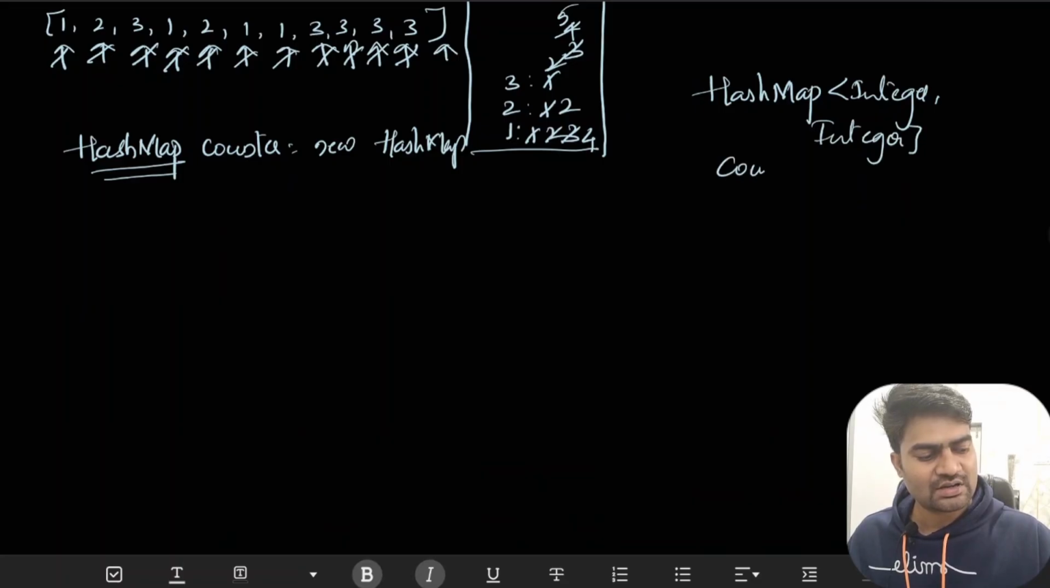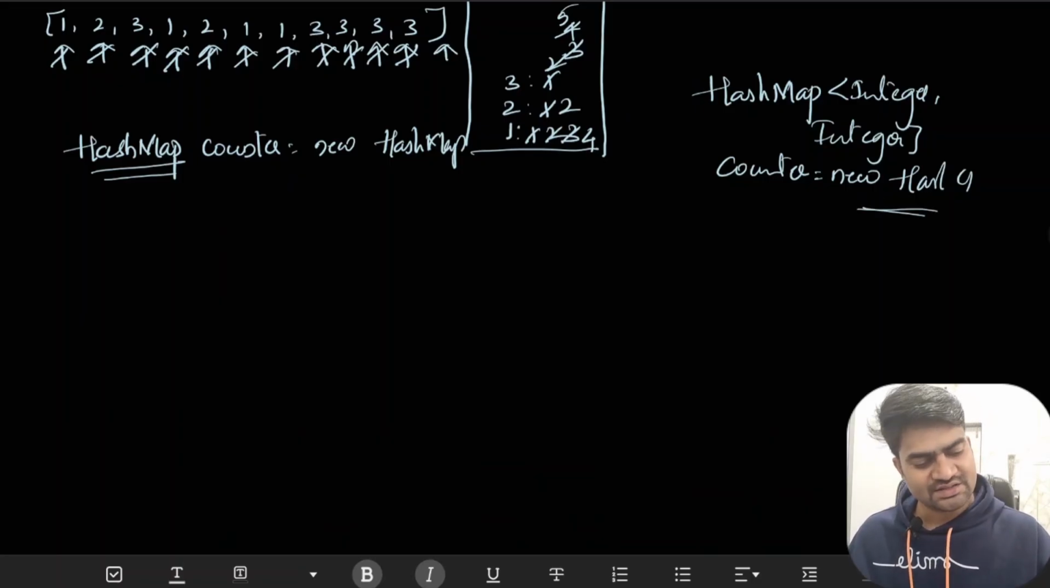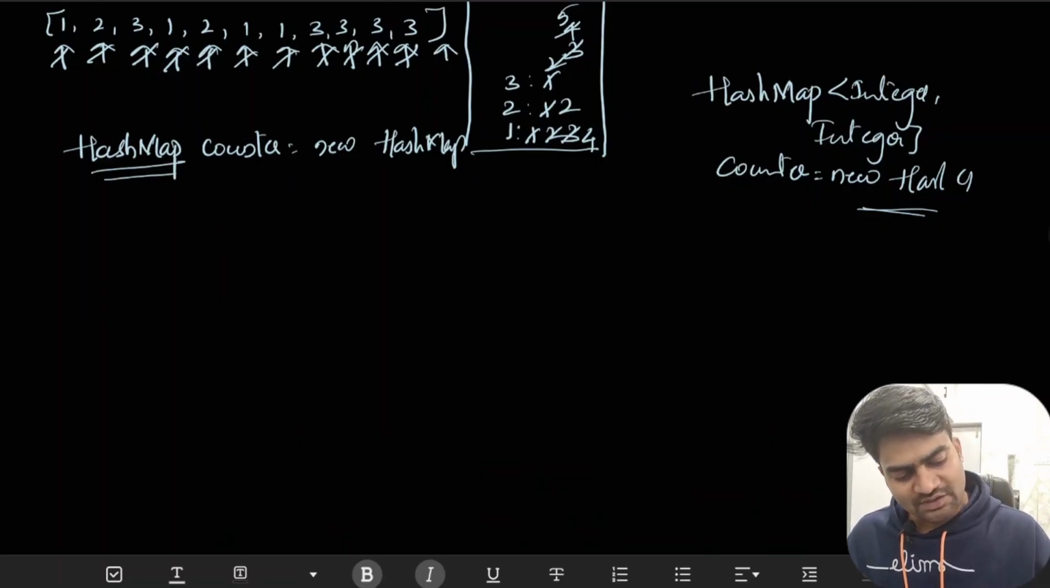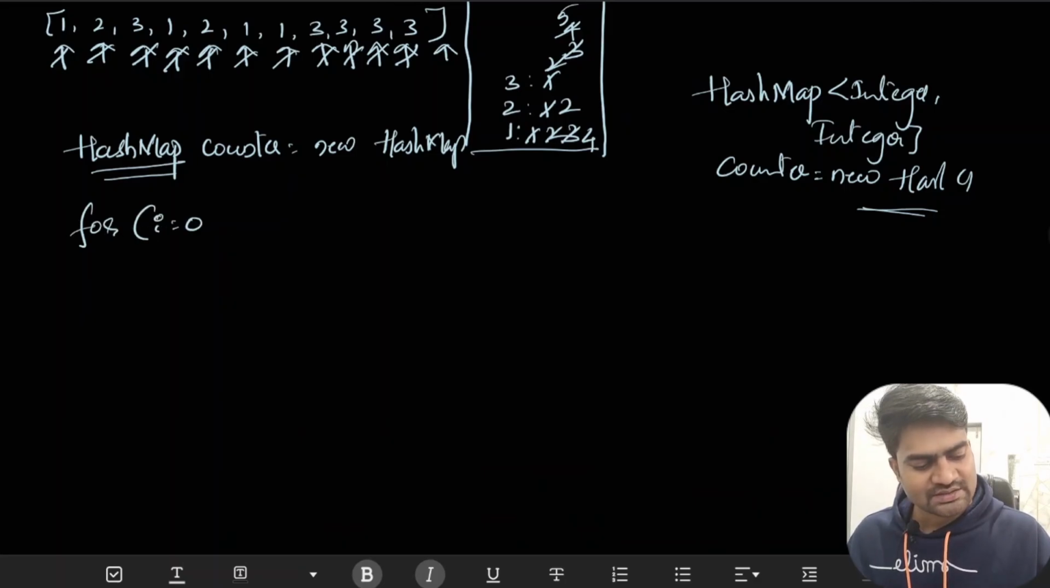So counter equal to new hash map. So something like this we need to do in Java. In JavaScript it is simply map counter equal to new map. Okay, so with that, now what I will do, I will use a for loop for i equal to 0 to